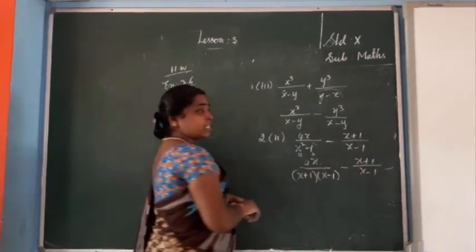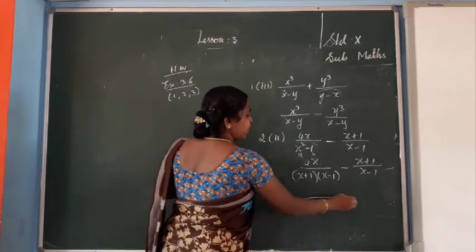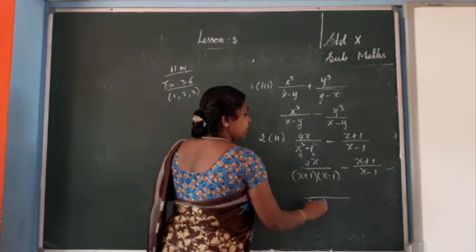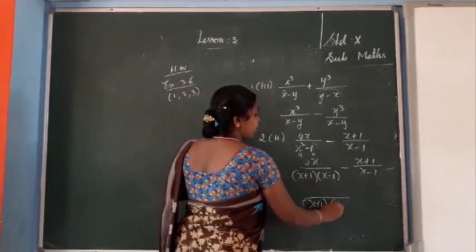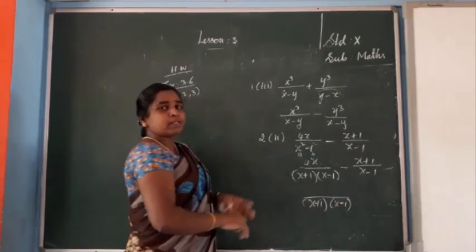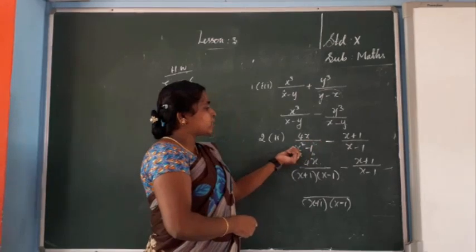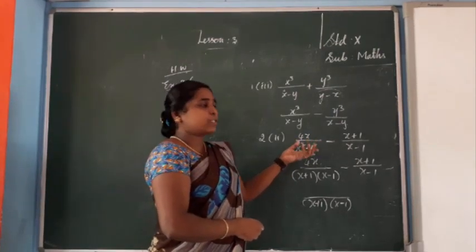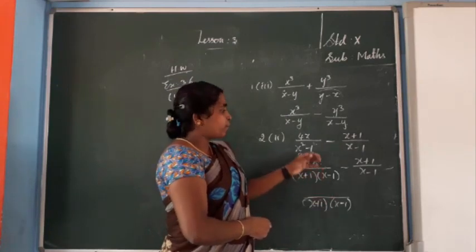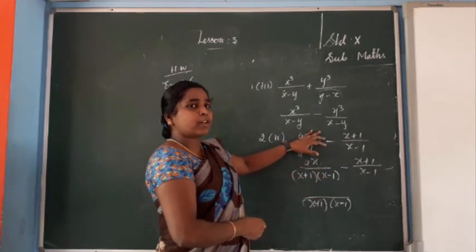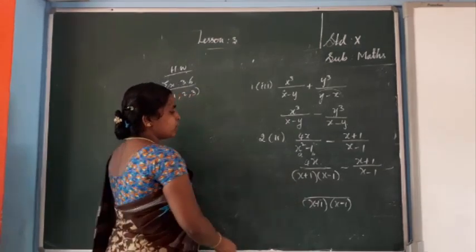So after writing this, we have to take the LCM. Now you see, one x plus 1 is there, so x plus 1. Then x minus 1 into x minus 1. Both parts have x minus 1 common, so x minus 1. You should not write x minus 1 the whole square. If you write it directly, you get x plus 1 and x minus 1 the whole square only, okay. If you do it like that, that is wrong. So that's why I am giving these things, okay. Use these things and you do, okay.